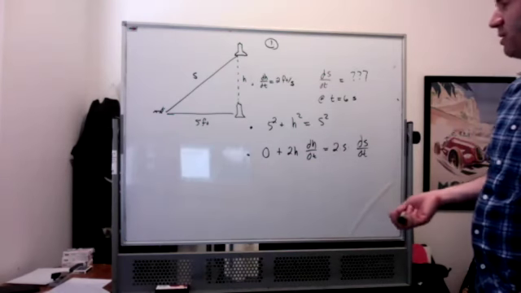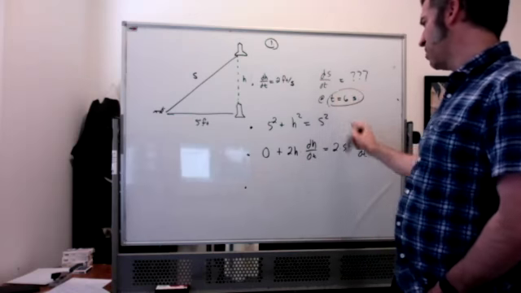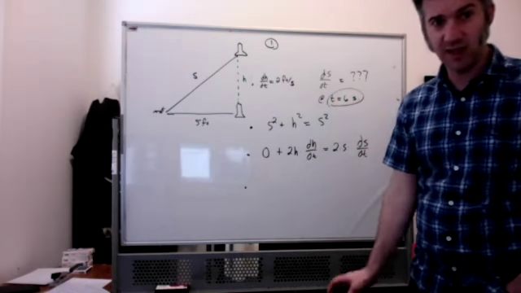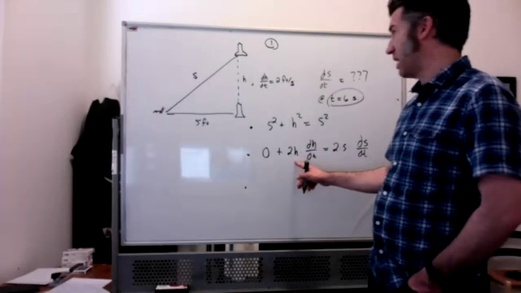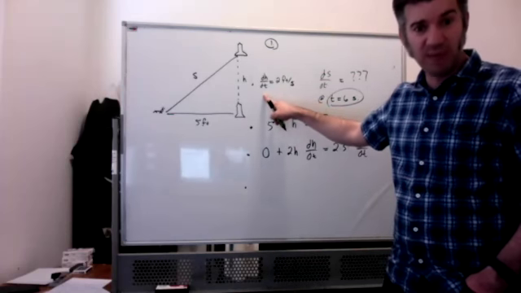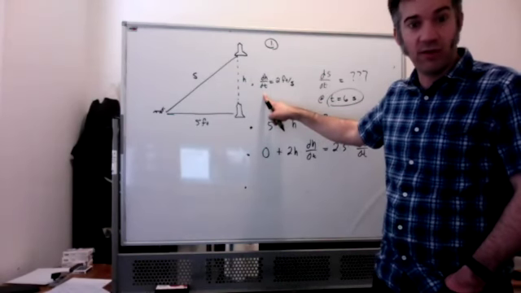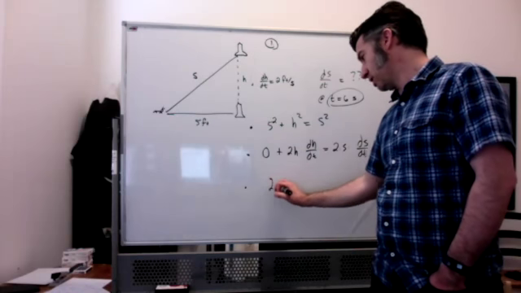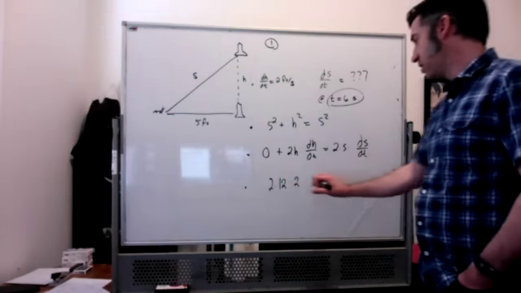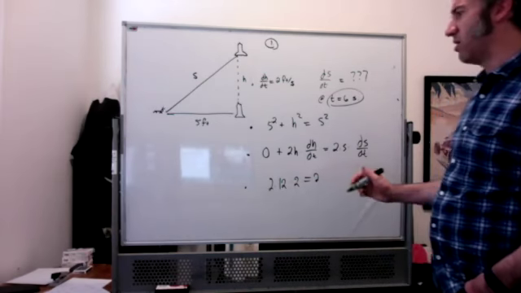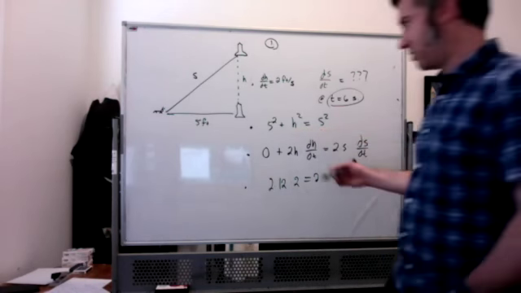Okay, now we need to plug in what we know. We want to know what's going on at time equals 6 seconds. Well, there's nowhere in any of these equations to plug in time equals 6. We have to use the fact that we know what things are at time equals 6. After 6 seconds, if the speed is 2 feet per second, then the distance is going to be 12 feet. So we're going to get 2 times 12 feet times dH/dt, which is 2 feet per second, equals 2 times s. If h is 12, s is going to be 13, because we have a 5, 12, 13